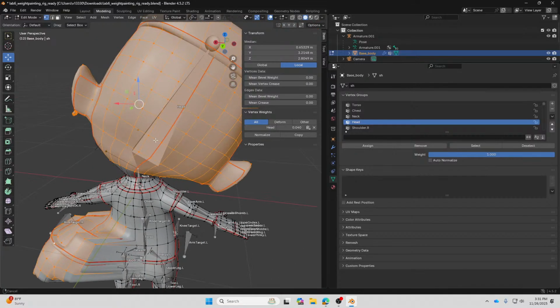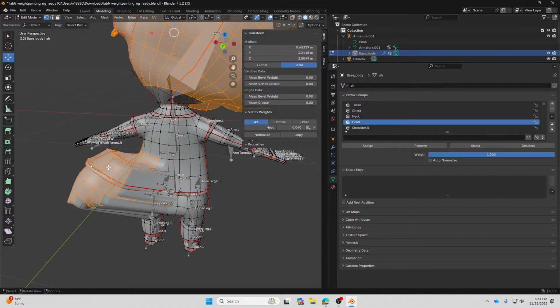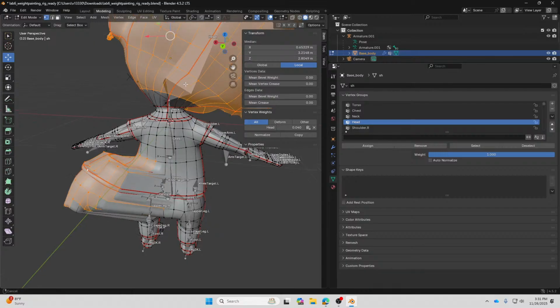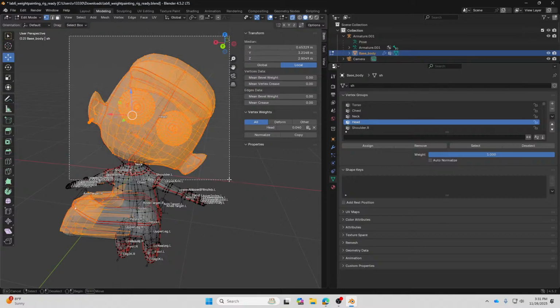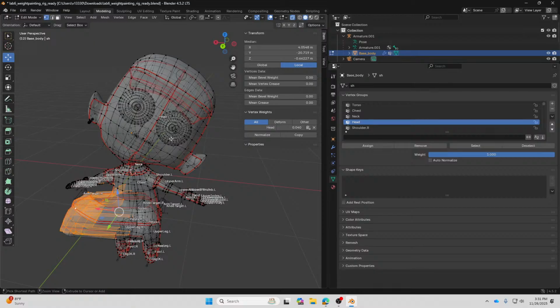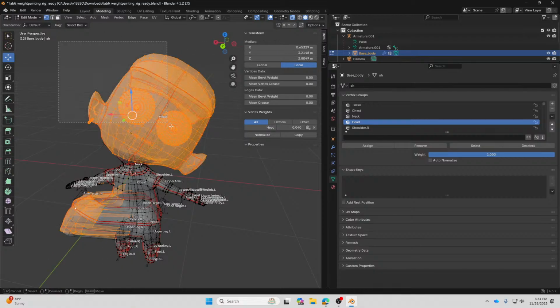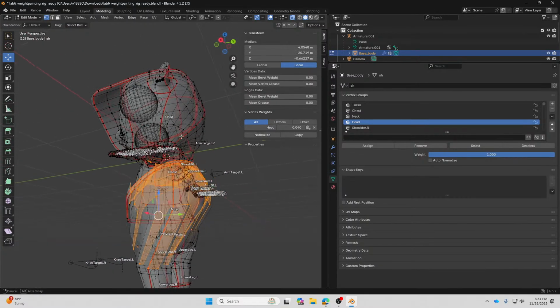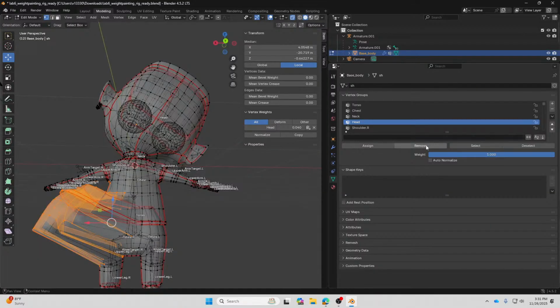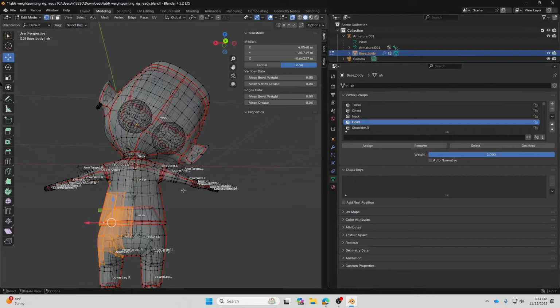And over here you have the head, which is correct, but over here you have some selection that is not correct, so we can deselect this part by box select, B, and then holding shift to deselect that part. Alright, so now we select only the vertices underneath, and then we can click on remove, and now it fixed the problem of deformations.